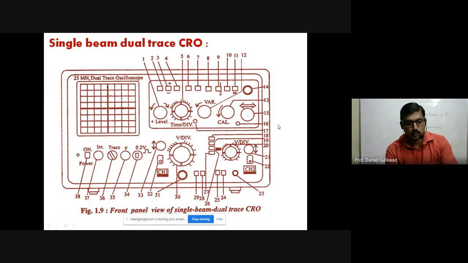21 and 22. So here we have 21, 22. Check carefully. These will be the knobs here. Vertical arrow for channel 1, channel 2, and this is for channel 1. Vertical arrow, and this is the selector here. 32, 33, vertical arrow, this is for channel 1, and here we have 21, 22. This will be the vertical arrow knob, and here we have the selection. This is for channel 2.